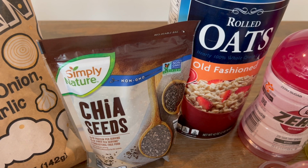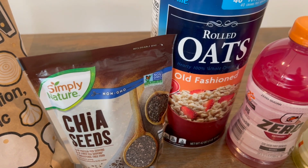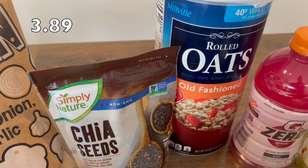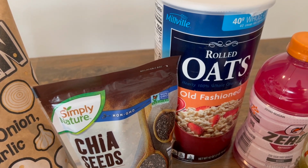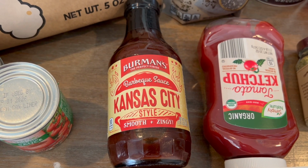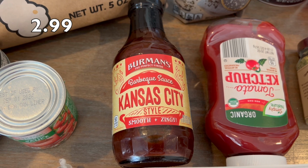So they work really well for that purpose, and we were running low. And then here we have some of the rolled oats. These are just the old-fashioned oats, and those are the kind that I like to use in the overnight oats recipe. We were running a little low on condiments and seasoning, so James picked up this Berman's barbecue sauce, Kansas